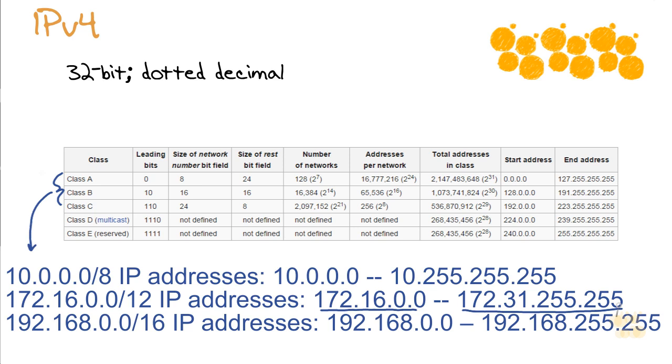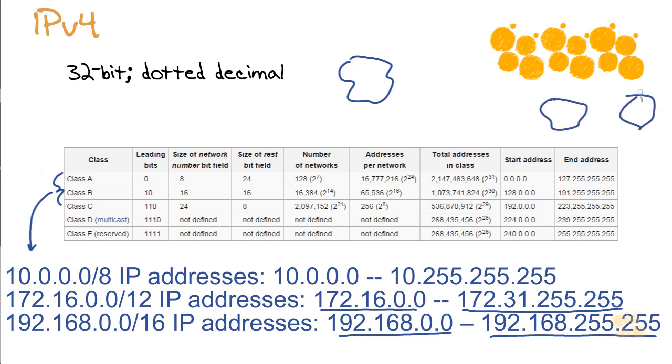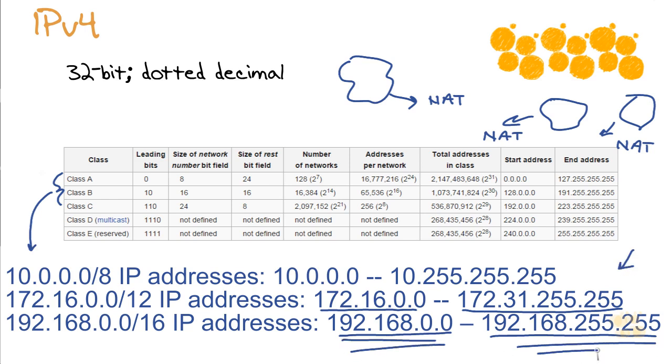And then 192.168.0.0/16, anything from here to here. If your address falls in this range, it is private use only. And the whole world can use these. So you have all of these pockets of private use, and they are NAT, network address translated, if they want to go out to the public internet. So if you look at your home network, you're going to have an address in one of these ranges. The most popular for home networks is one of the 192s. And then there is network address translation done by your device